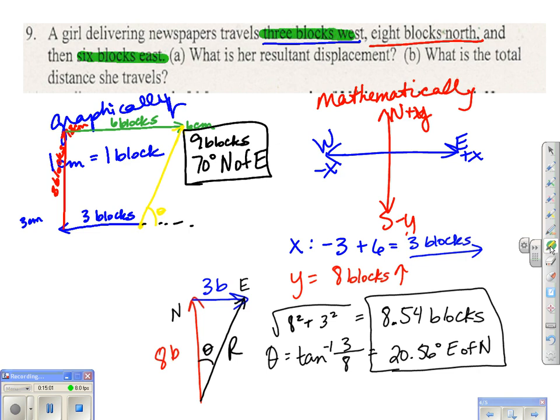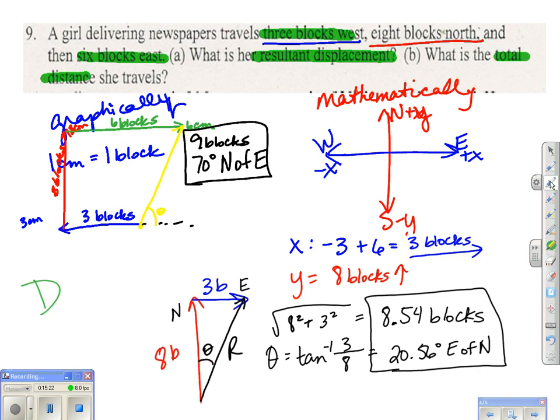So this answers A, because again, they wanted to know resultant displacement. Resultant has to have a magnitude and direction. Displacement, again, is just from beginning to end, how much did you do? Now, the total distance that she traveled, which is part B, is adding all of it up. How many steps did she take? That's the difference between displacement and